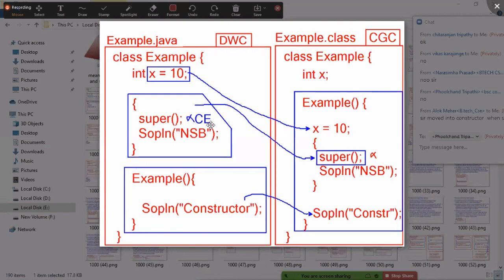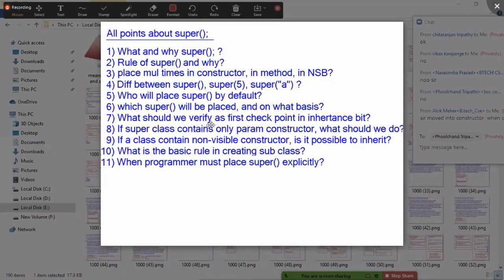Okay. This is the final. All points about non-static, super parenthesis.